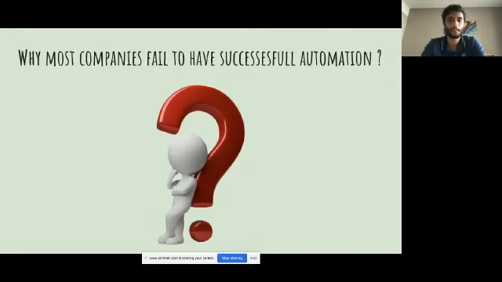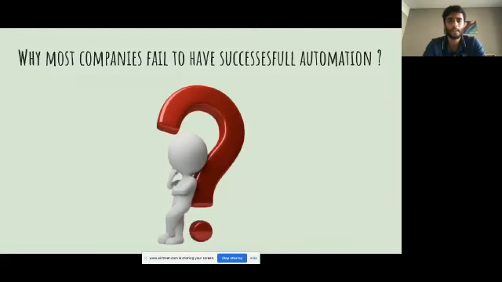So the big question, before I talk about how to successfully set up a framework, I think we need to take a step back and understand why most companies fail to have successful automation. When I say fail, it's not necessarily that you don't have automation in place, but that you fail in different aspects or areas.